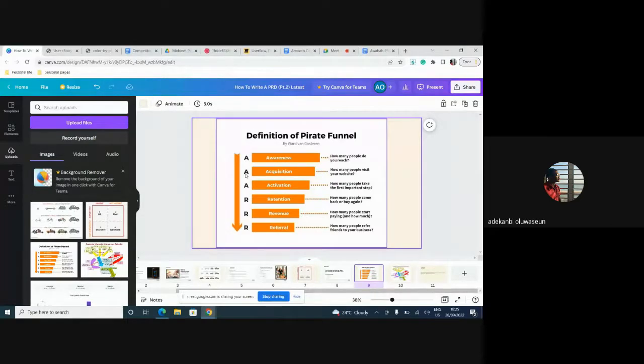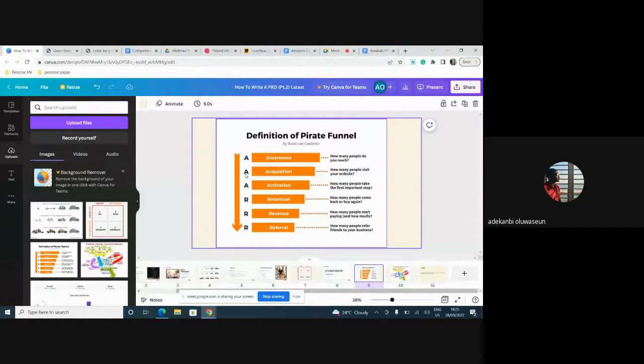What being growth-led means is that you are not building because you are building. You are building because you want the business to grow. You are building because you want customers to come and pay. So during your interview, when they ask you to tell them about yourself, you say, my name is so-and-so, I'm a growth-led product manager with 5 years experience. And then if they ask what it means to be growth-led, it means that you are focusing on metrics that drive results. You're not just building any fancy feature. You're building features that will drive revenue, growth, user acquisition, and retention.